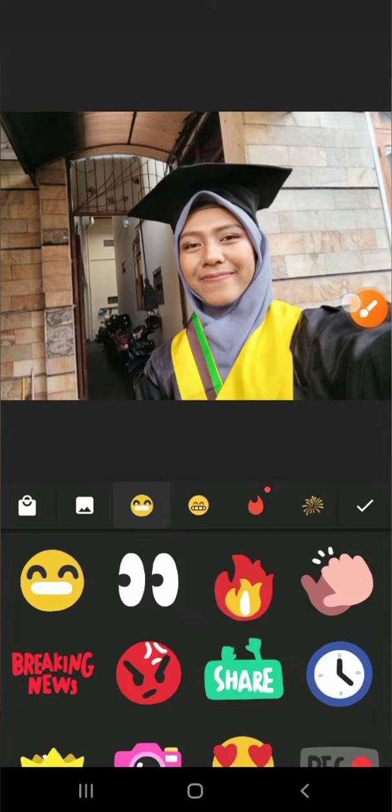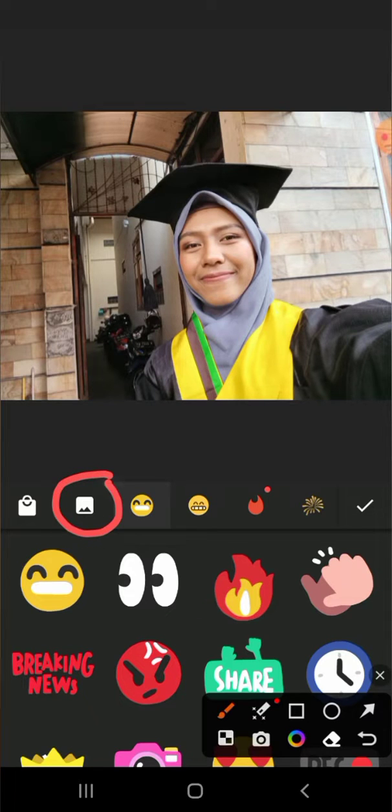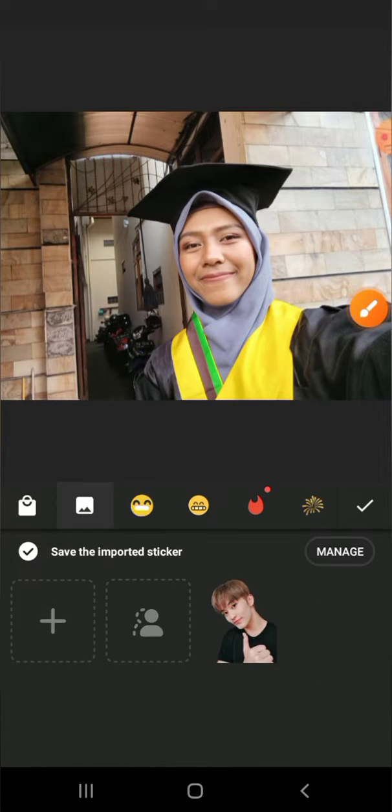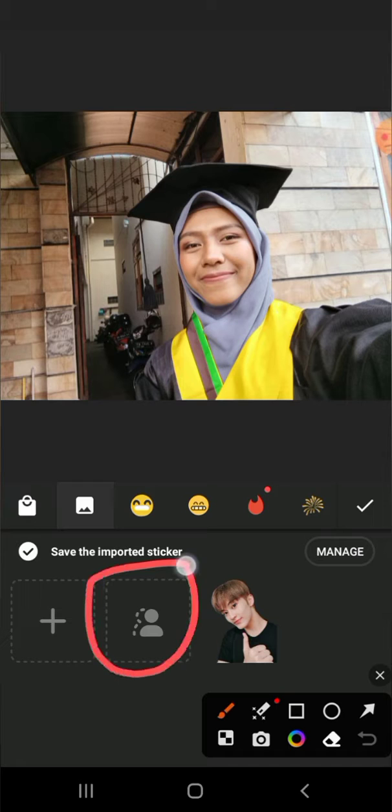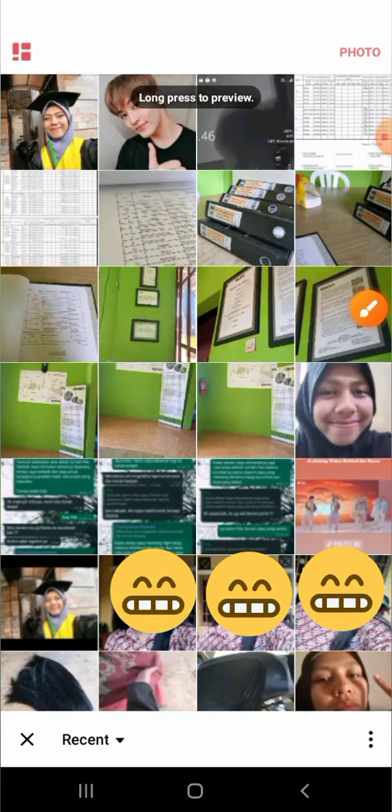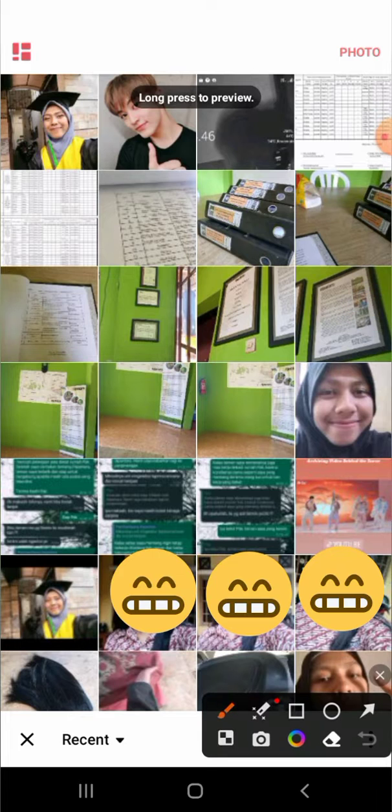and then choose this button, and you have to click on this button, this cut out button, and select the favorite one. Select your favorite person to be added to your photo, and I'll go with my favorite idol right here, and